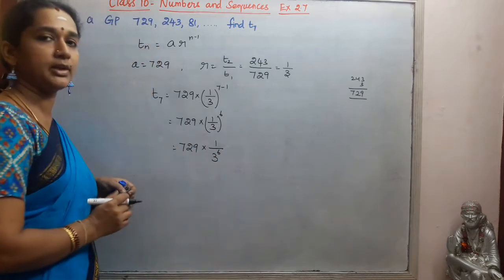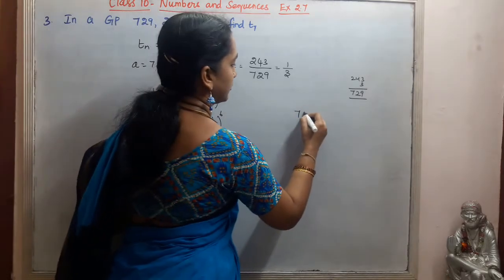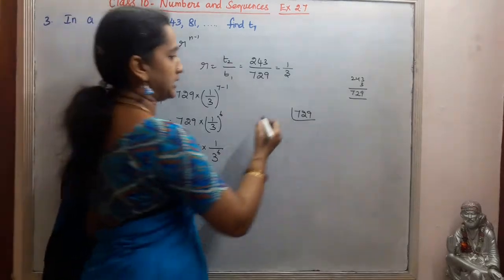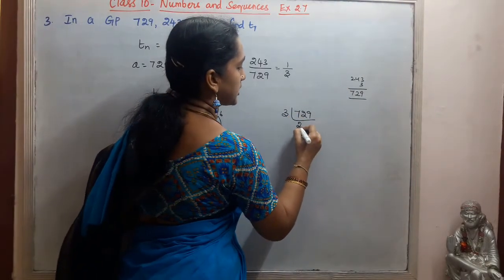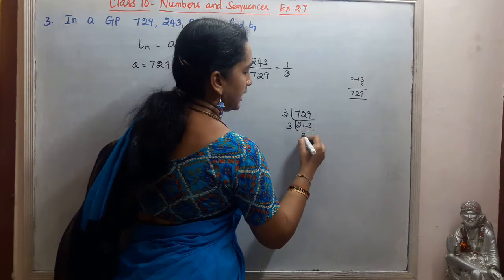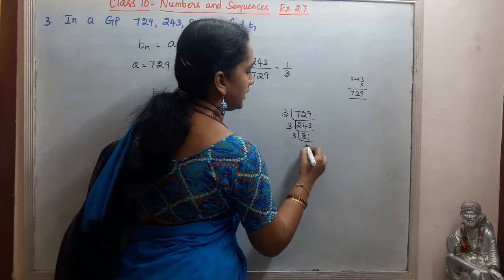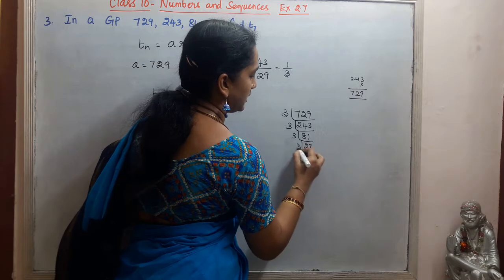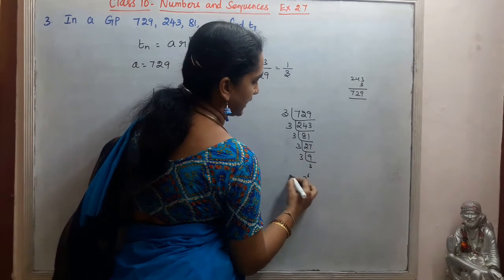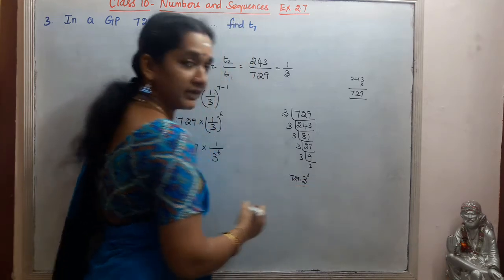We check 729, how many 3s are there? Factors we will find so that it is easy to simplify this. So in the 3 table, 3 2s are 6, 3 4s are 12, 3 3s are 9, then 3 8s are 24, then 3 27 times, then 3 9s, then 3 3s. See here, so 729 we got as 3 power 6.